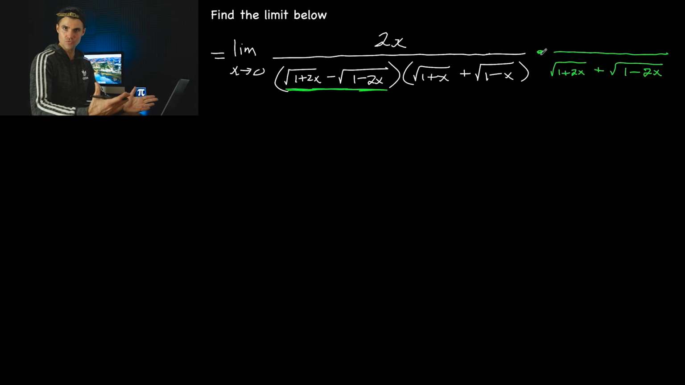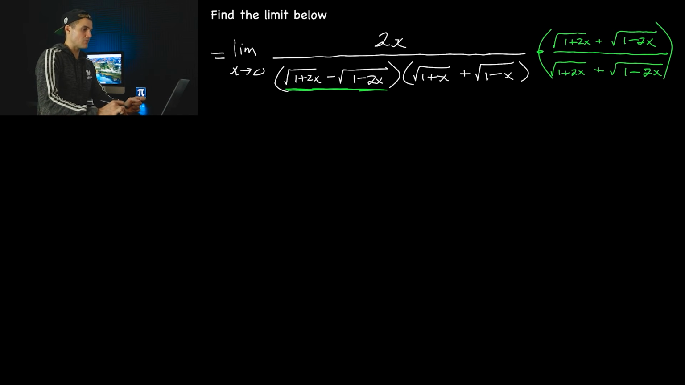But again, we can't just randomly multiply an expression in the denominator. We also have to multiply that same expression in the numerator in order to keep that limit the same, right? It's like we're multiplying it by 1. So now what's going to happen,